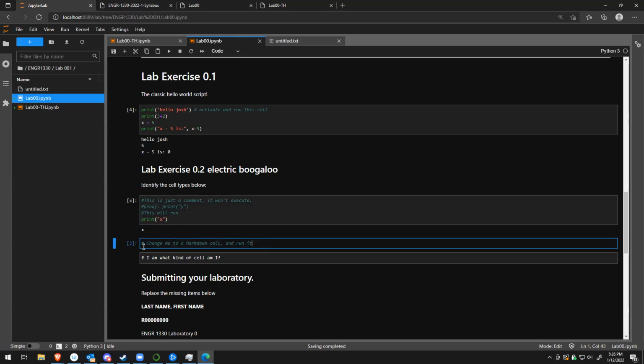But the comment inside the code cell wants us to do something. It wants us to change it from a code cell to a markdown cell and then run it. So the way we do that, click the box, change it to markdown, and now you can see the first cell is still a code cell, but now the second one is a markdown cell. Yes, there's also a hotkey, escape plus the M key. M is in